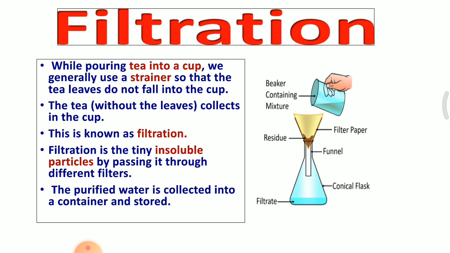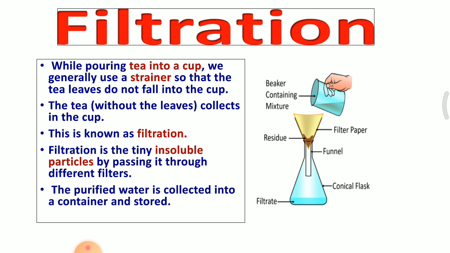So using this cotton cloth, filter paper and strainer, we can remove the dried leaves and papers from the impure water. How? You have to take one glass tumbler and keep the strainer on the glass tumbler. Pour the impure water into the strainer. The strainer traps the dried leaves and papers. So we collect the pure water into another glass tumbler.